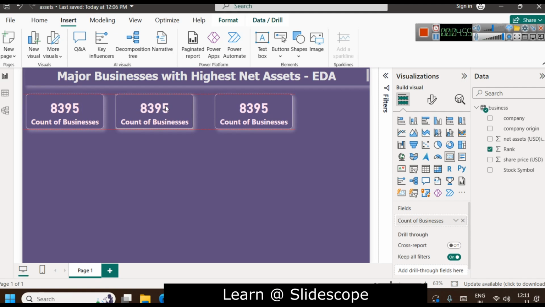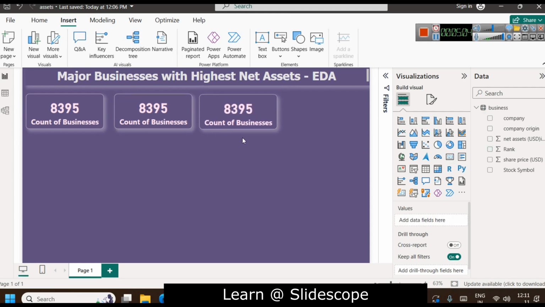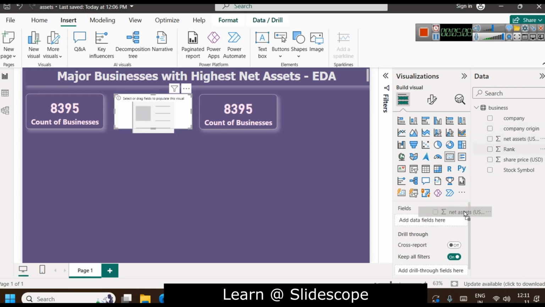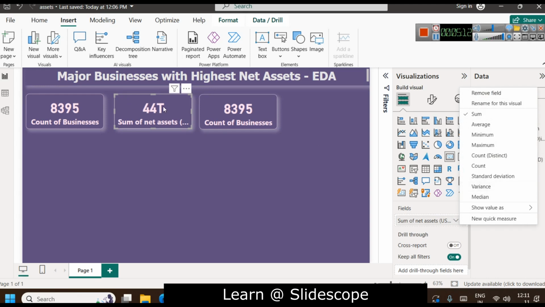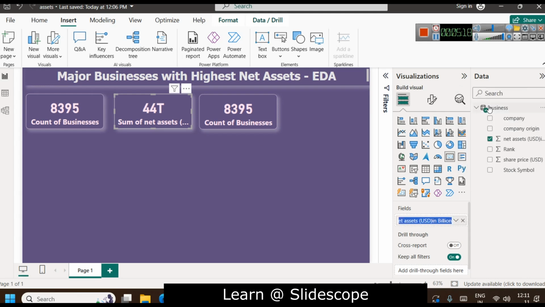Okay. So for example, we have this. I'll show you how to display different aggregated values of the same numerical data. Now here we have net assets. So this time we are going to use sum. Okay. And you can see it is automatically showing trillion here. And instead of sum of net assets, we will simply write total net assets,